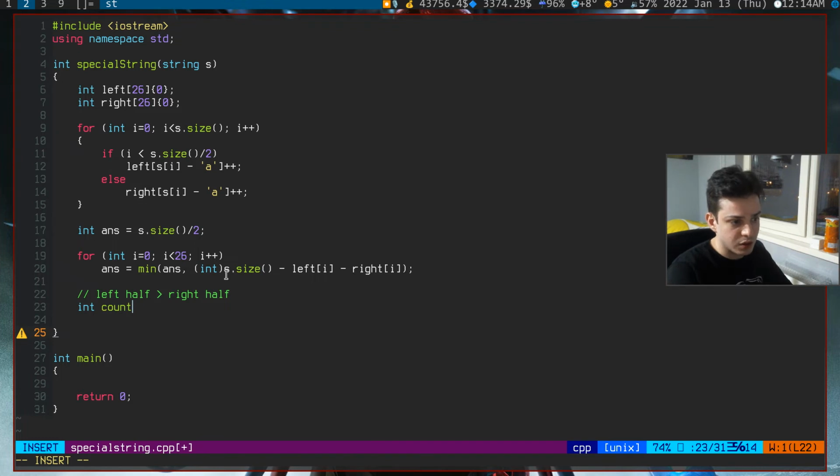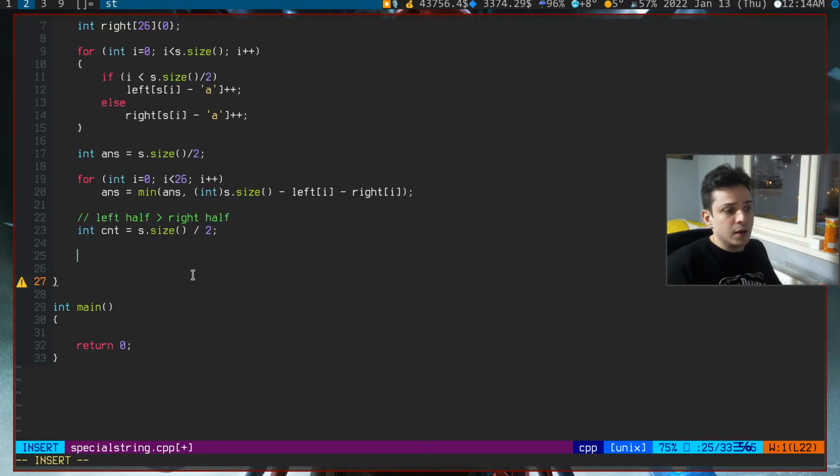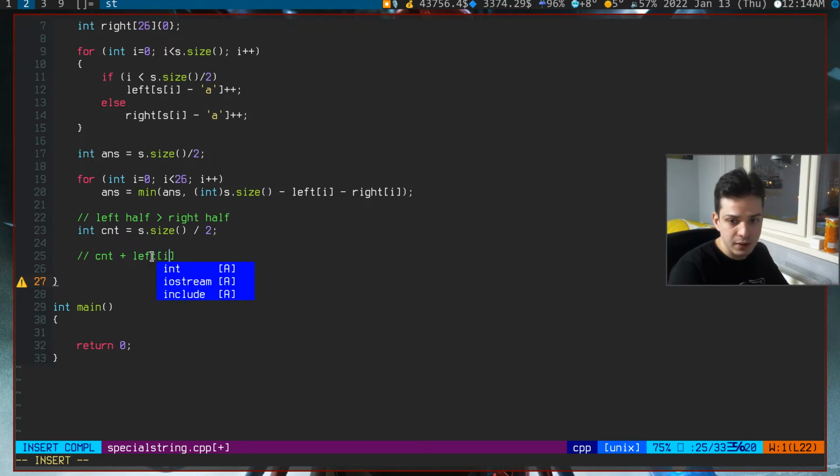I'm going to create a new variable here called integer count, and I'm going to assign this to the maximum of our condition. So what to do now? In each iteration we are going to increment counter by left[i], as well as subtract right[i] from it. So if we do this like this, this will give you that